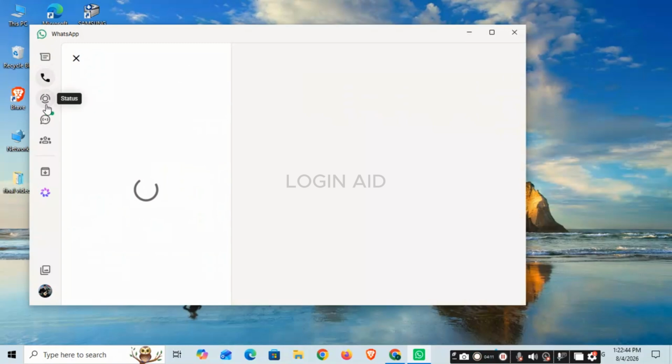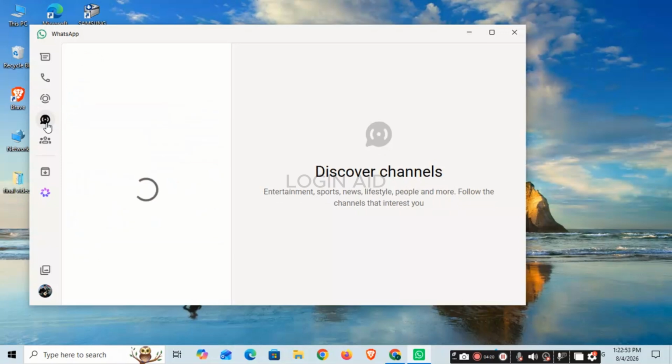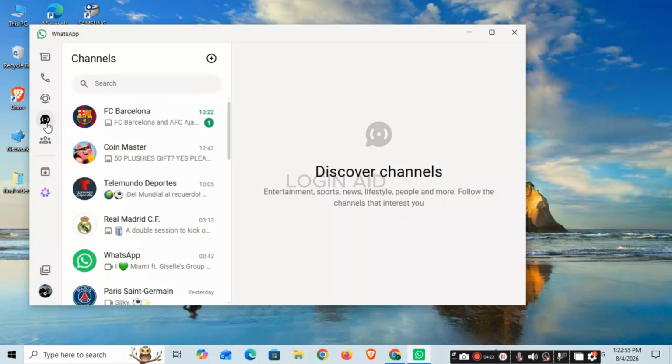You can click on this icon in order to see the status. Likewise, you can click on the option channels in order to see all of the channels and discover the channels over here. If you want to access your account, click on the profile icon that you can see on the